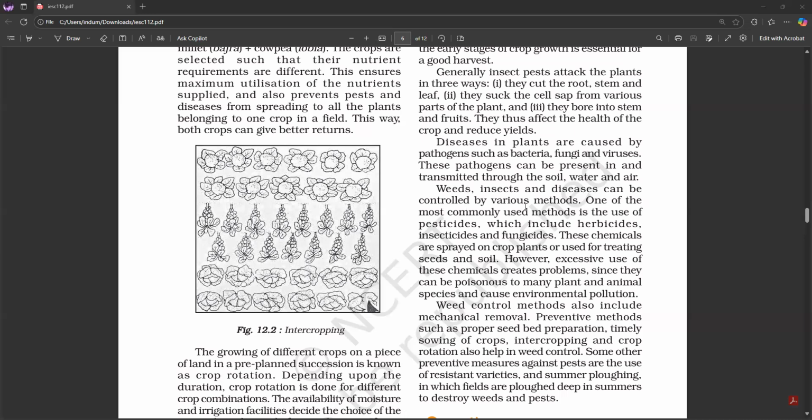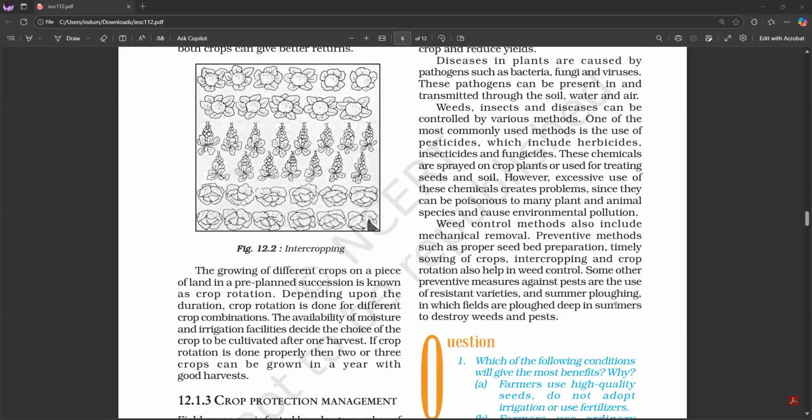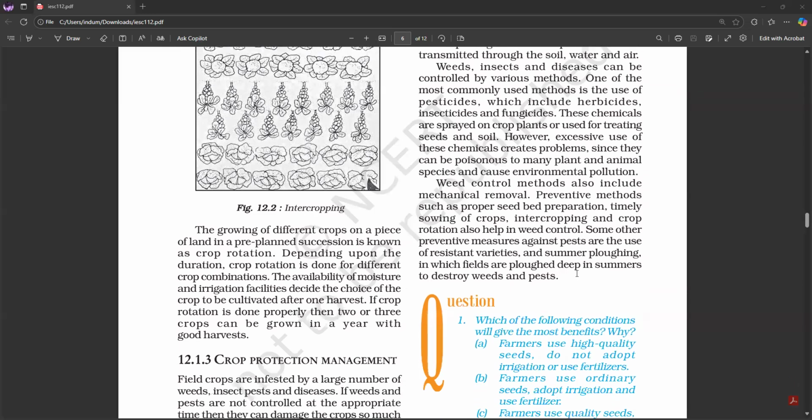Weeds, insects, and diseases can be controlled by various methods. One of the most commonly used methods is the use of pesticides, which include herbicides, insecticides, and fungicides. These chemicals are sprayed on crop plants or used for treating seeds and soil. However, excessive use of these chemicals creates problems since they can be poisonous to many plant and animal species and